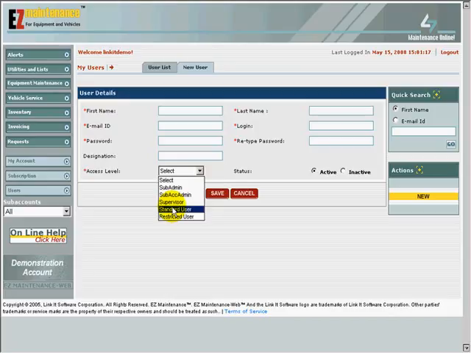Restricted user. This enables a user to only view work orders that are assigned to them and make entries in the usage logs for equipment and vehicles. Setting the user's status to inactive disables their ability to log on to EasyM Web. When you've finished entering all of the information for the new user, then click on the Save button to create